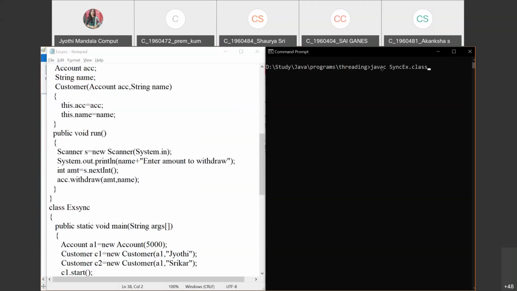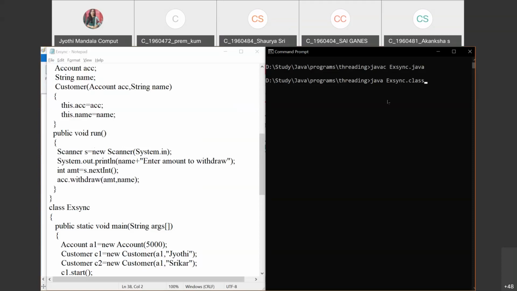EX. If any errors are there, they will be displayed. No errors are there, so it has been successfully compiled. Let us execute the program and check how the output will be.